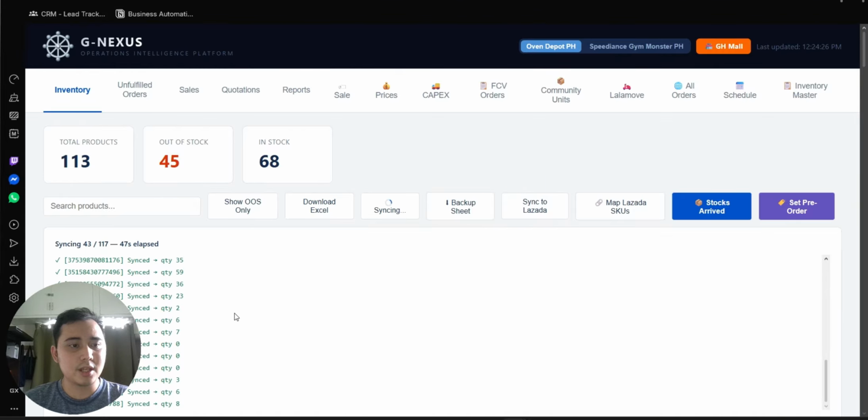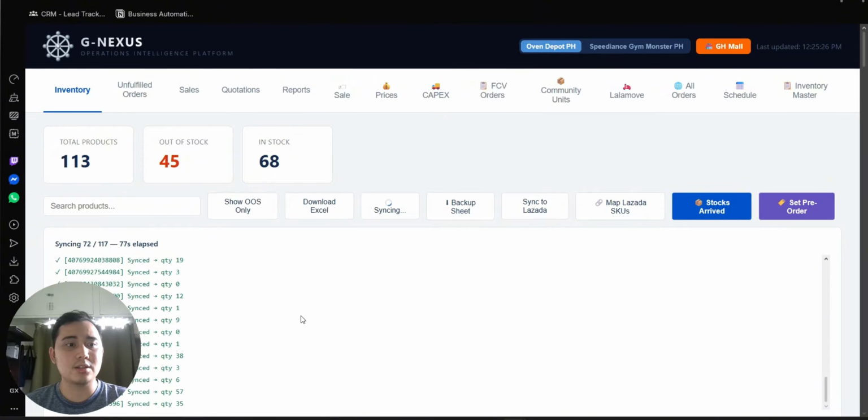All right, so it's syncing, and just to show you, there's a log, so once you press it, you know that it's working since it's syncing directly to Shopify. I can show you if it's working by logging into Shopify right now.